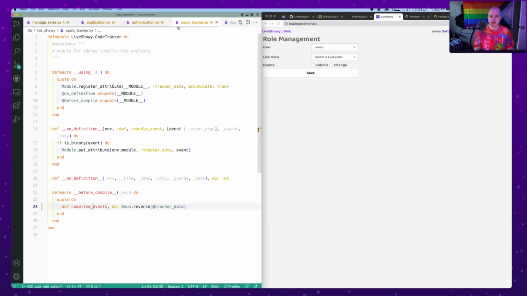But what happens here, this is a new module called LiveShowy.Codetracker, and I'm actually in discussions about whether this is something useful for LiveView applications generally. So if you're watching this and you think this is a good idea, like you want to be able to see the list of events that have been implemented for any given module, this is not built into Phoenix or Phoenix LiveView, but I could see the use case, and I would be happy to open a PR